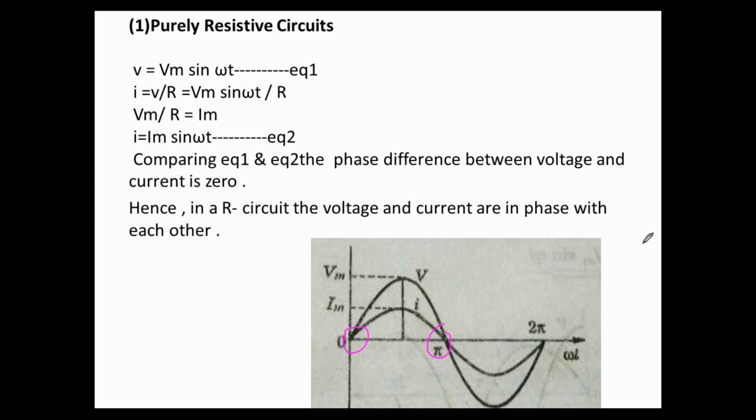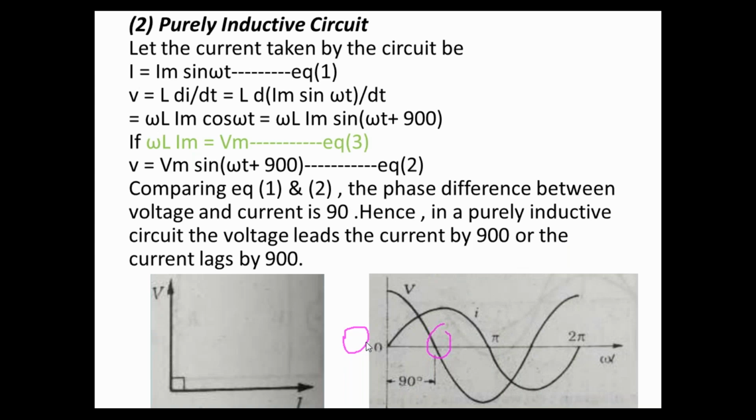So the power factor of that circuit, that is cos phi, where phi is the angle between V and I, is 0 here. Hence cos phi is equal to cos 0 degrees, which is 1. Therefore, the power factor in a resistance for an AC circuit is 1, unity power factor.